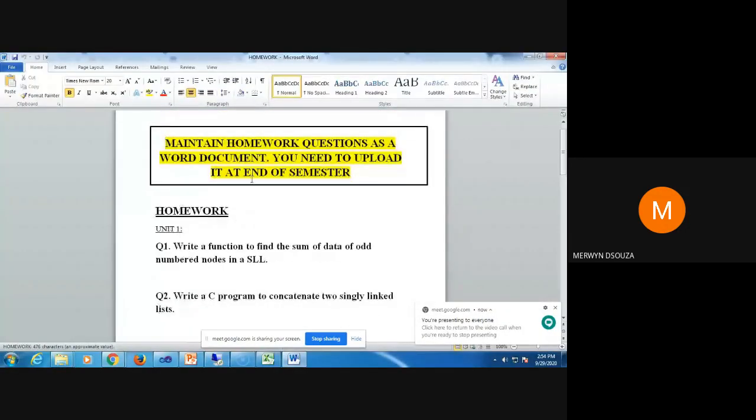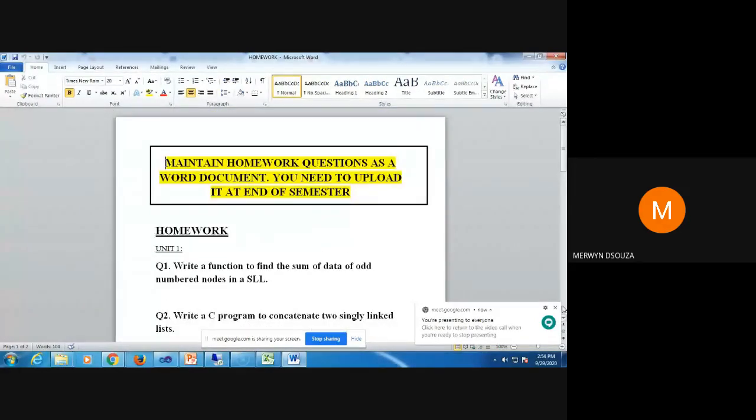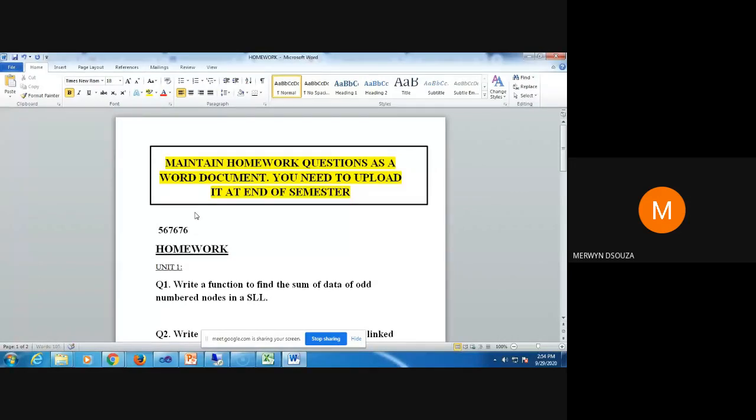Now for homework questions, you have to maintain your homework answers as a Word document. And I'll be sharing one link with you. Maybe I could share one link before your IT just to check how much you have done before your IT. Keep maintaining your Word file. Each one of you should save your Word document with your roll number, like this: whatever is your roll number, underscore your name. Something like this should be the way you give your file name: roll number underscore your name.